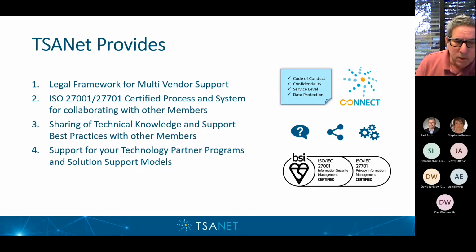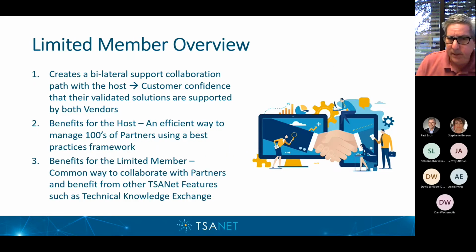But most of you that are on this call are part of this technology partner program where a host company has come in and they've asked you to be part of this. So what that does is it provides a bilateral support collaboration mechanism, right? And a formal one at that.